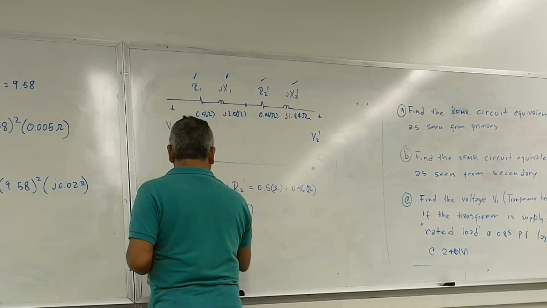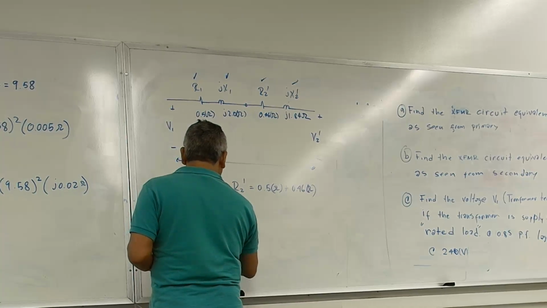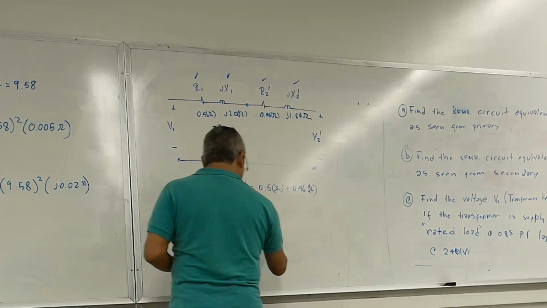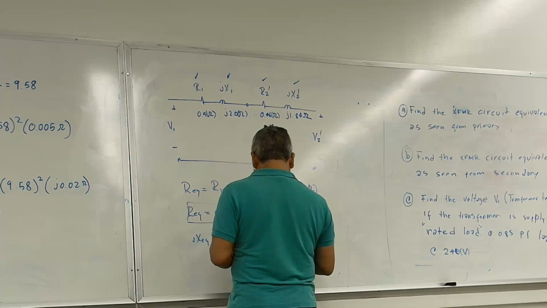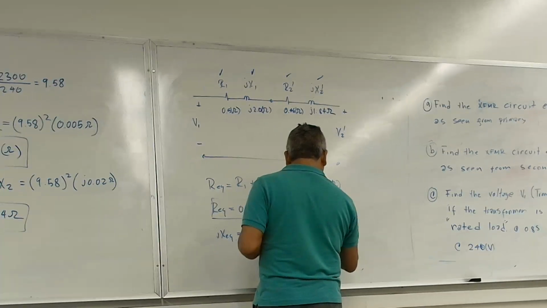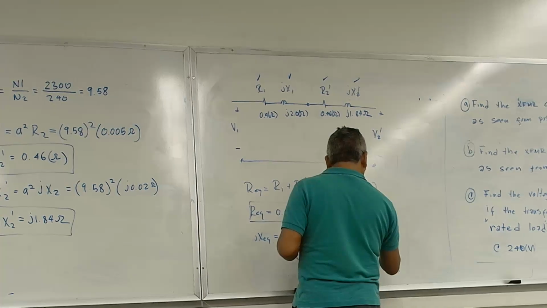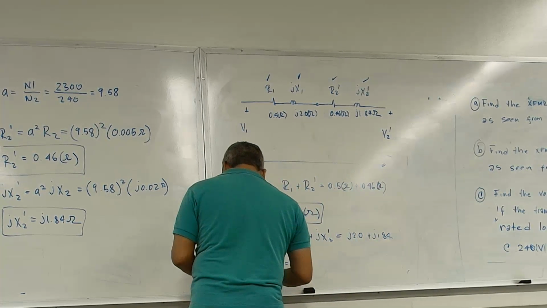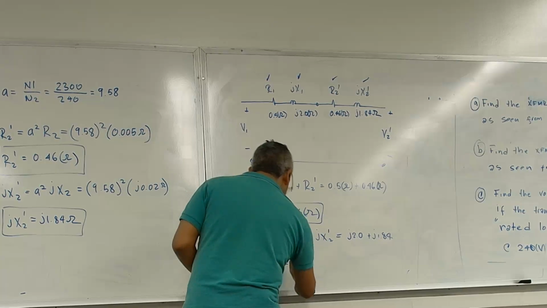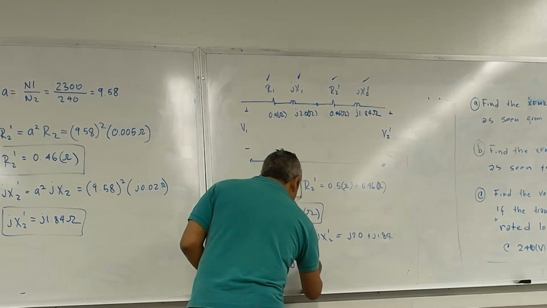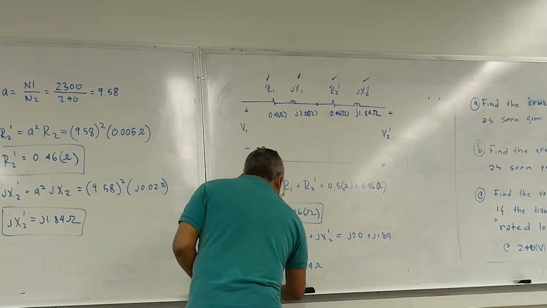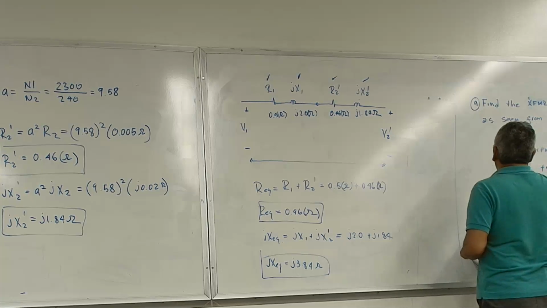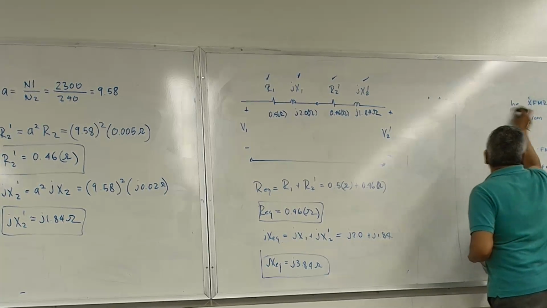Okay, so JXEQ is equal to JX1 plus JX2 prime, and that is equal to J2.0 plus J1.84. So JXEQ is equal to J3.84 ohms. Okay, so my equivalent circuit then is